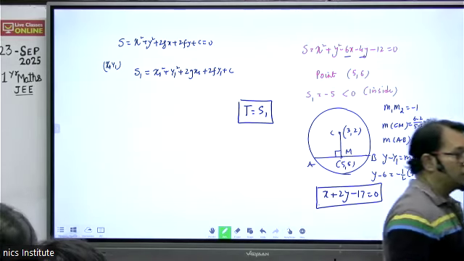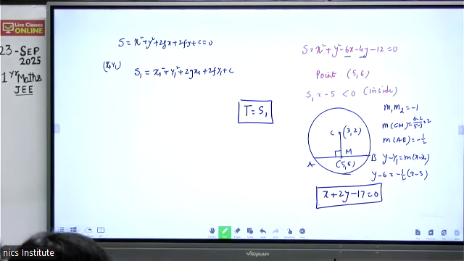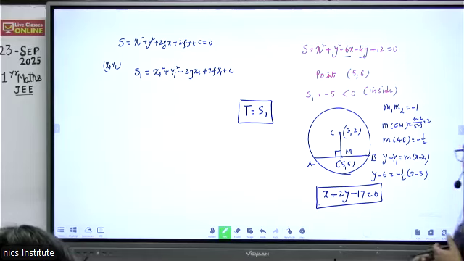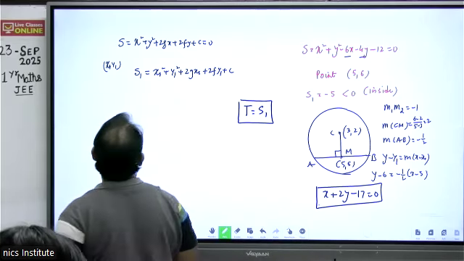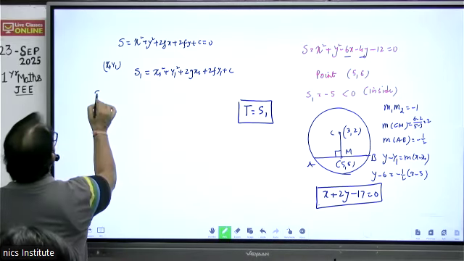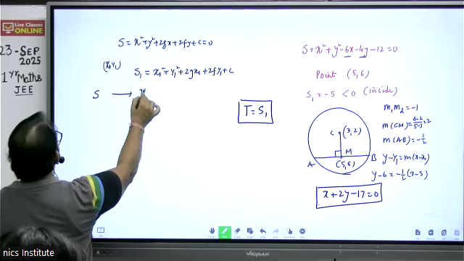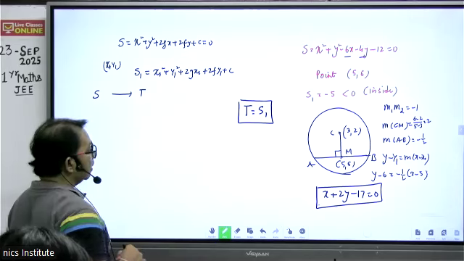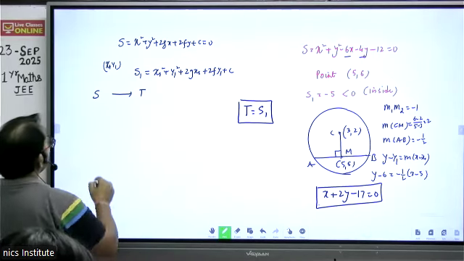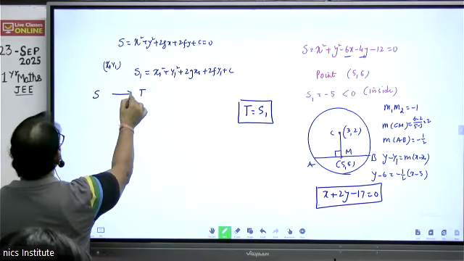लिख लो. T is equal to S1. T is equal to S1 gives equation to the chord whose midpoint has been given. Now the question is, T क्या चीज है? तो किसी भी कोनिक सेक्शन का अगर हमें इक्वेशन मालूम है, वी कैन ऑलवेज कन्वर्ट दिस इक्वेशन ऑफ कोनिक इनटू